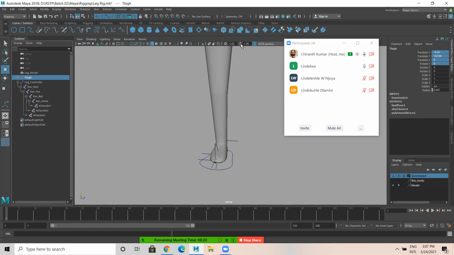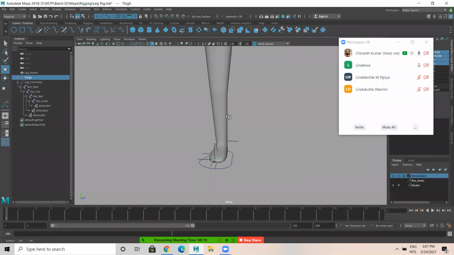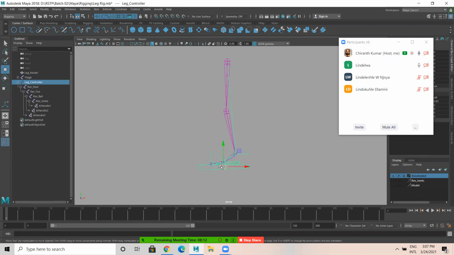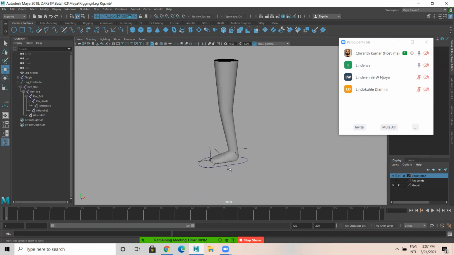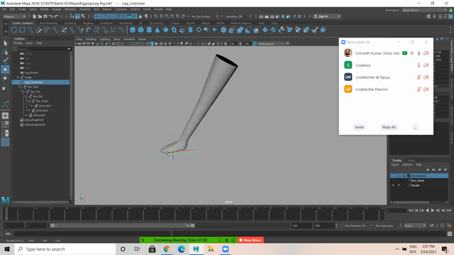Okay, no problem. So we have almost completed the rigging of the leg part. So the model looks like this now. Our model means the rig part. Refer the video and you can do this. I'll turn on the model. You can turn off this. So if you do the rigging, then later it is the animation part. This you can do.